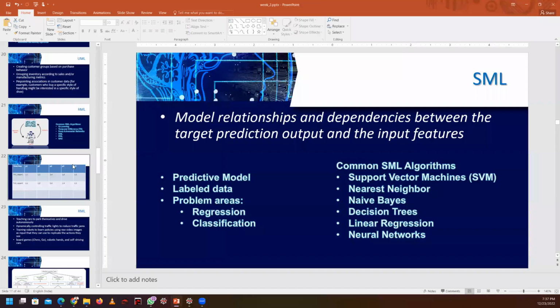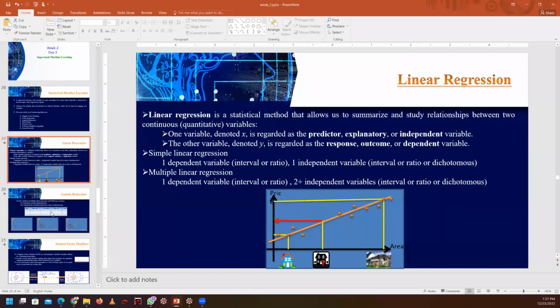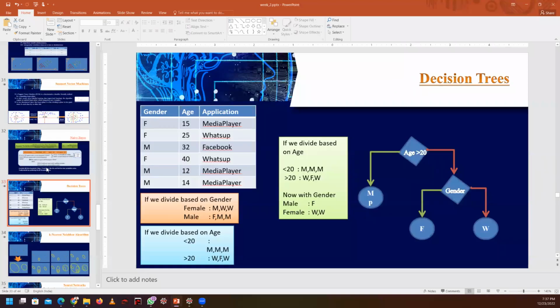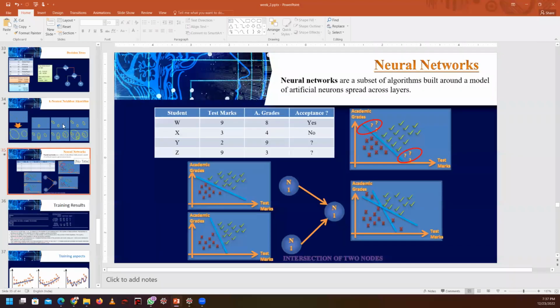Do you have any doubt in linear regression, logistic regression, SVM support vector machines, Naive Bayes, decision trees, KNN, or neural networks? Just ignore neural networks here, because we will discuss them in detail in the upcoming week. But if you have any doubt, you can ask me now itself.